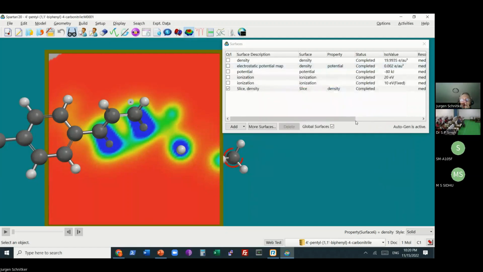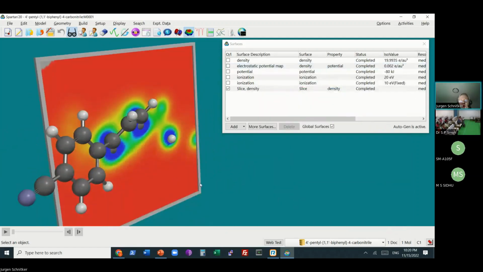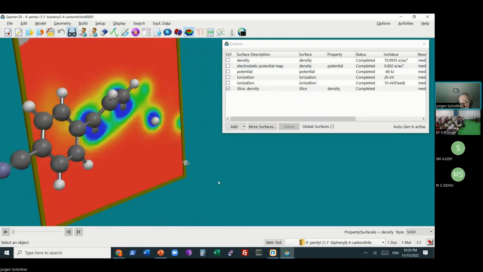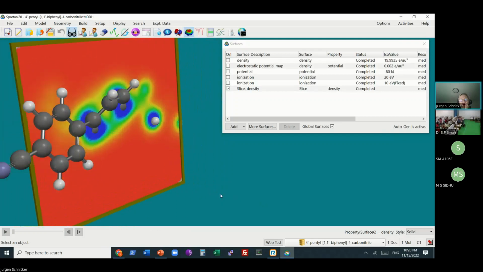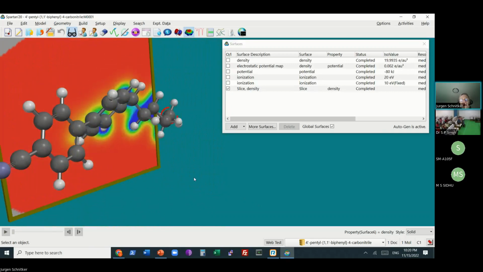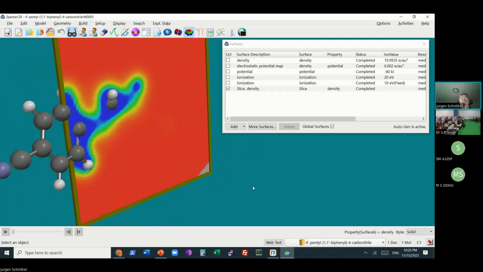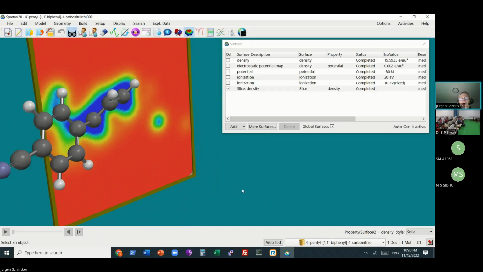So what I'm now looking at is I'm scanning through the slices, looking at the cross section of the electron density as I traverse through the molecule. So it's a very, very visual representation of the electron distribution in the molecule, and you can use this for all kinds of things.